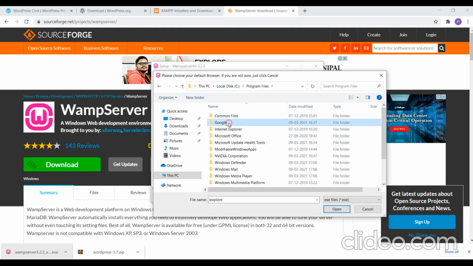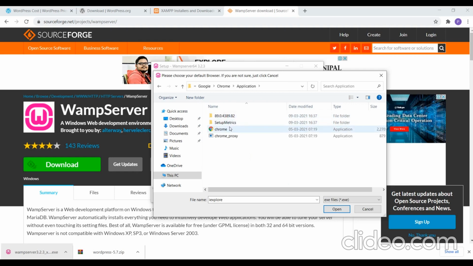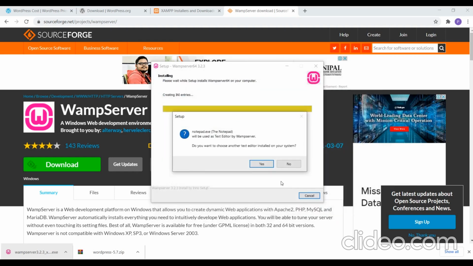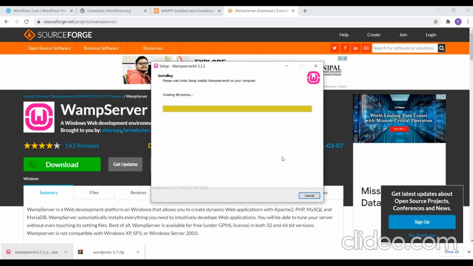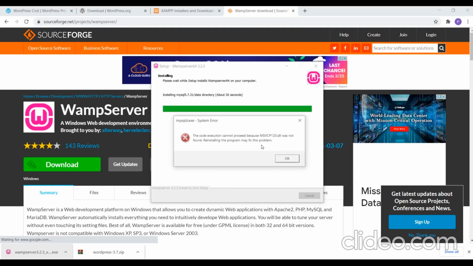So just navigate to that path and then just click on open, and you can have a text editor where you wanted to add it. So currently we have not installed any text editor, so we'll just go with no. So again it will create.